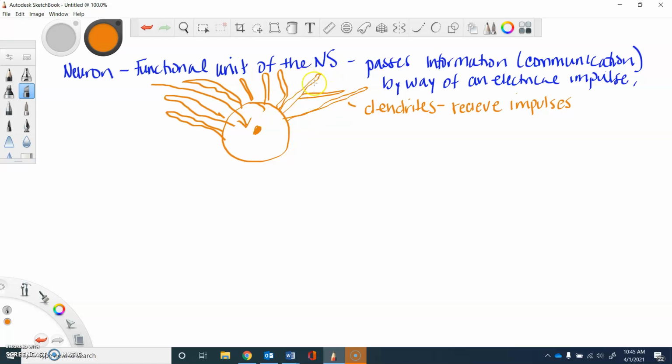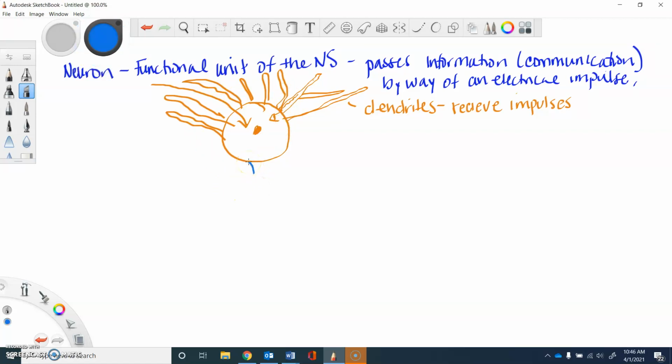If the impulse ends up on a dendrite, it's still going to go towards the cell body. Okay? We know there's dendrites, and there's a bunch of them. In the type of neuron that we're looking at, there's a ton of them. So there can be a ton, there can be one, but there will only be one